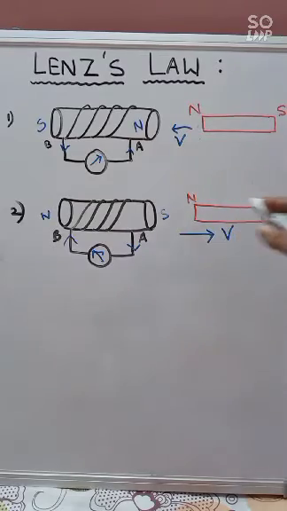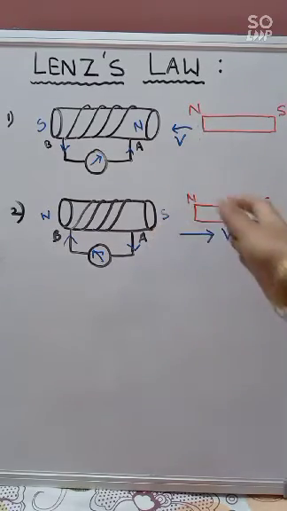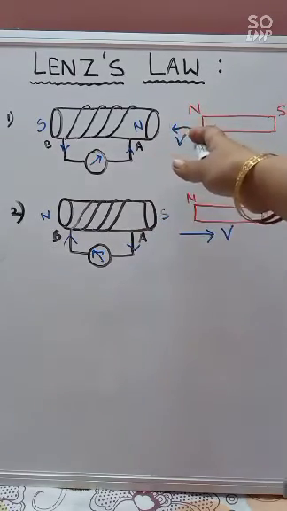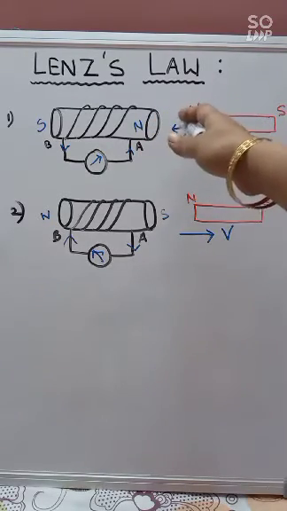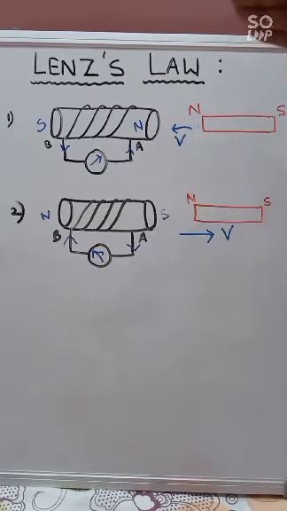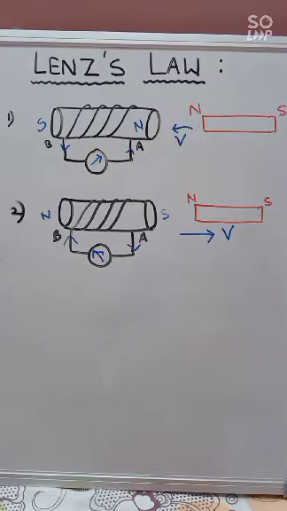So the moment it recedes, it starts attracting. The moment it starts attracting, again we will have this situation. The moment it starts moving towards it, it will start repelling, and again we will have this situation. So this cycle goes on, right? This cycle goes on. So Lenz law is actually based on the law of conservation of